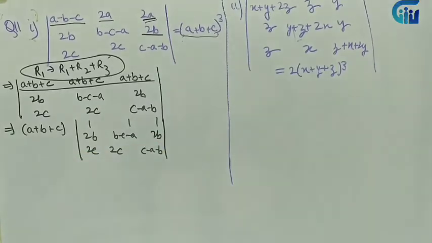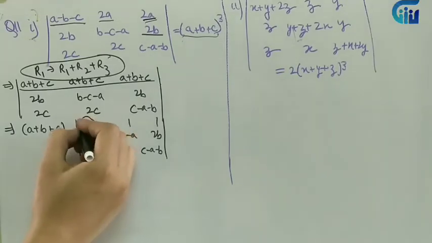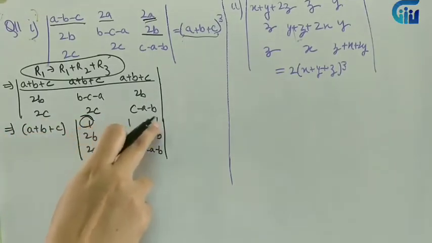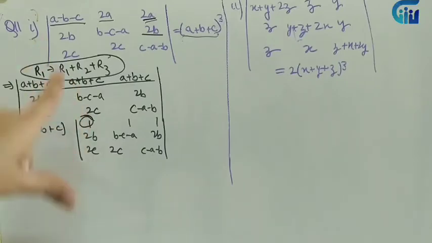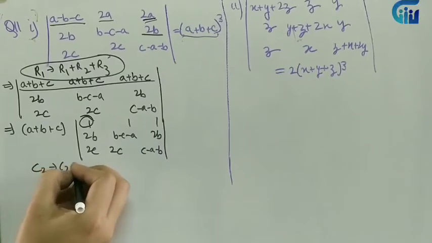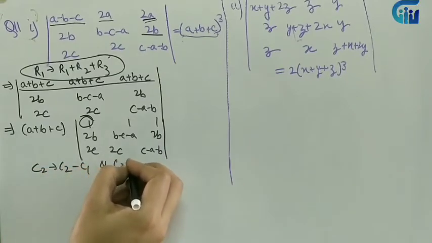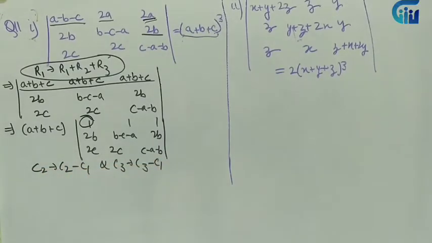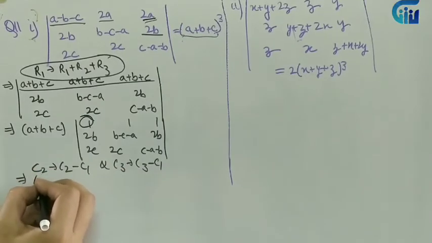So once I have 3 ones over here, making them 0 is possible. So again we'll fix this. As I told you earlier, I'll make these 2 zeros. So fixing this means this is column 1. So I will subtract column 1 from column 2 as well as from column 3. After applying this operation, let's see what we are getting.